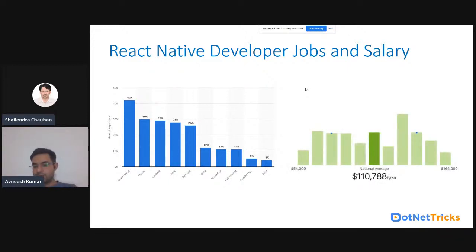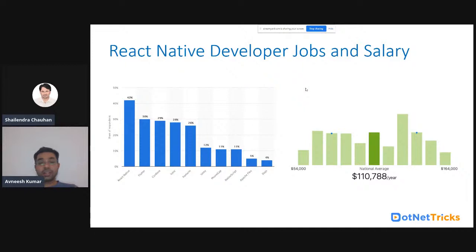If I talk about the salary in USD, if you have an average experience, you will have a salary of around 1,10,788 dollars per year. So it is around 9,200 dollars per month in the US or in Europe as well.